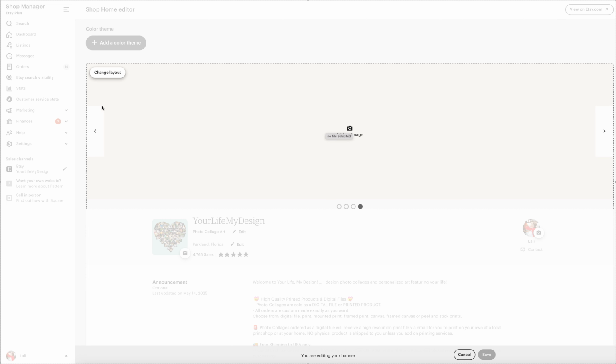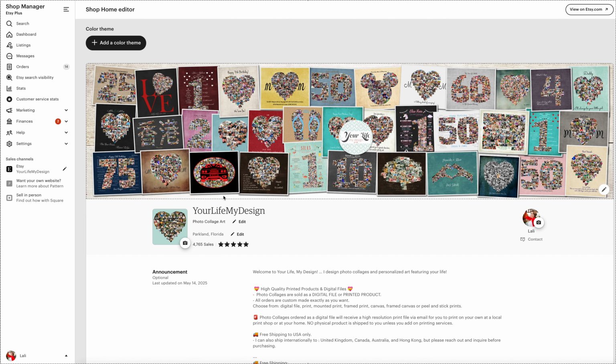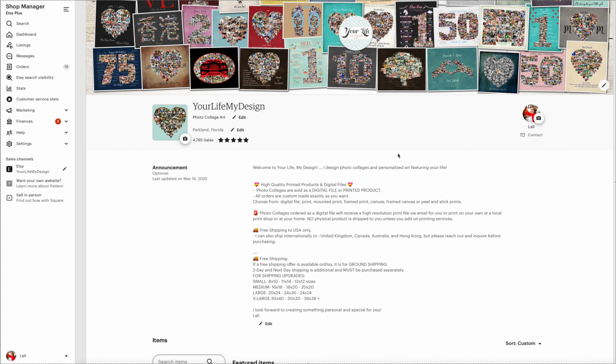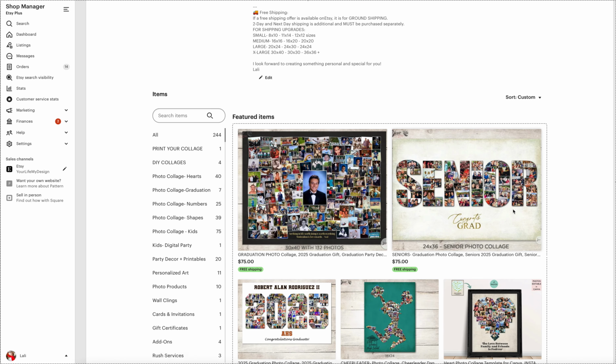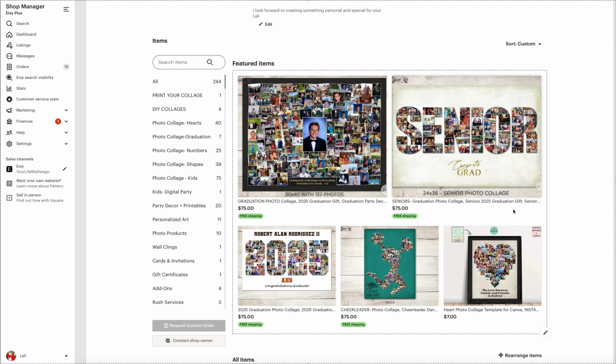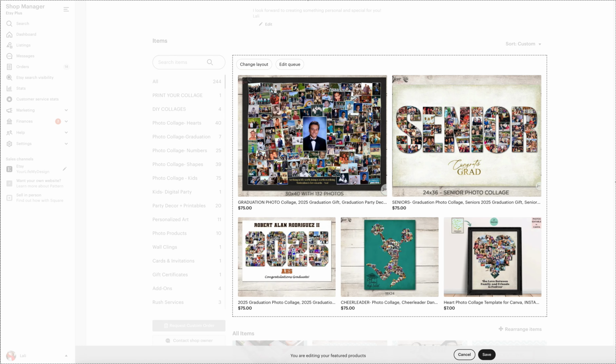That's pretty much it. So I'm going to just hit cancel so that I keep my banner because I like it. And okay, moving along down to the featured items. For the featured photos, in the bottom right hand corner, you click on the little pencil again, and we just had a graduation season, and that's why I had all of these, so I needed to change them anyways. So I'm going to click on Edit Queue,